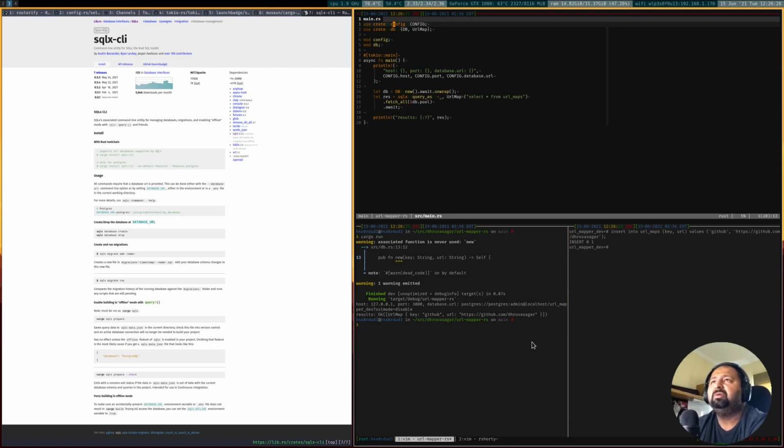So basically you should be able to see that we've been able to connect to our database, we've been able to execute the migrations, we manually created the data for now, but then we are able to query the database and get the data. And this is going to be key, and we'll build upon this.